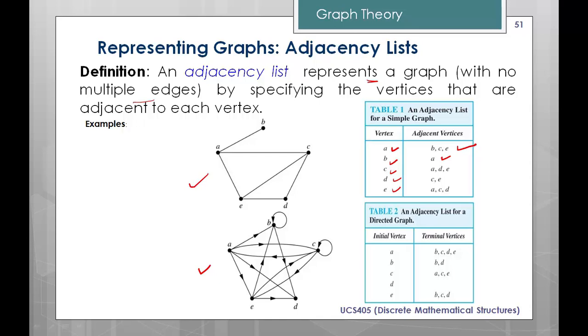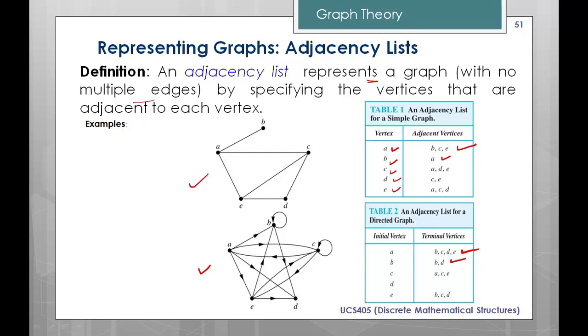Now we are going to see it for the directed graph. In this case, A is adjacent to which node? B. Here we write only the outgoing edges, not the incoming edges. So for A the outgoing edges go to B, C, D and E. Next is B. B goes to itself, that is a self loop, and to one more vertex, D. Others are incoming edges, so we will not count them as adjacent vertices.